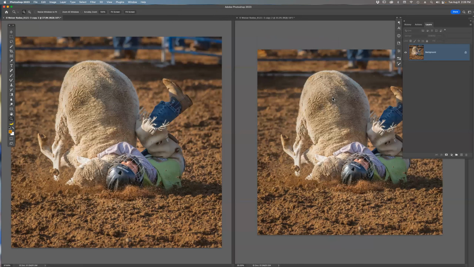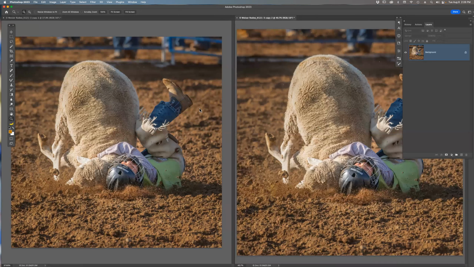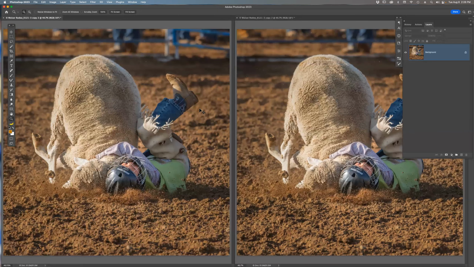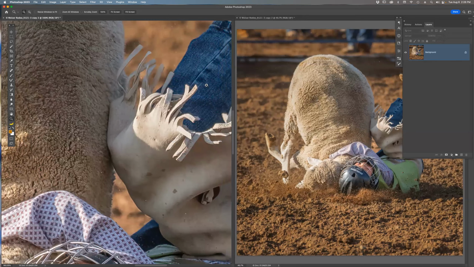Okay. Now it's the same image, but you can do one thing. It's very handy, especially if you have two monitors. You can put one of those images on one monitor and you can zoom in on the other one. And as you're working on the one, you'll be able to see the full picture on the other one. So you can see what impact it's having on the full version. So if I zoom into here and I take my,